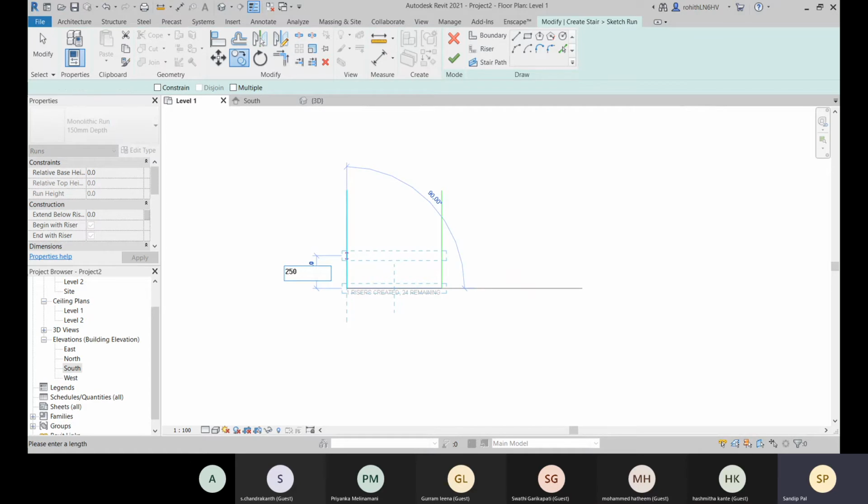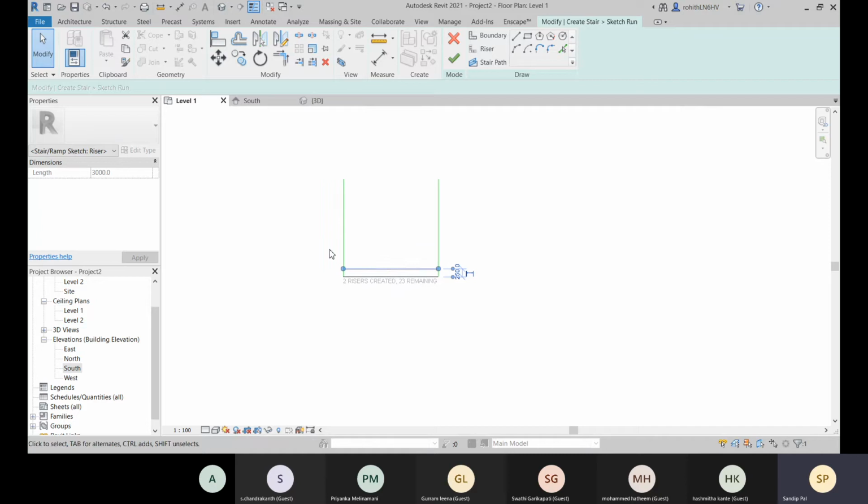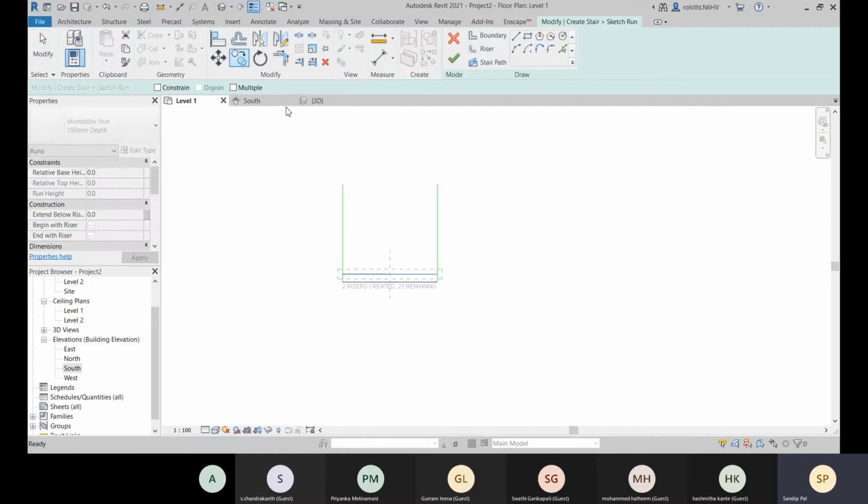This way we will keep copying it. So go with this copy and make sure this multiple option is checked, and then specify the space, 250 again. Okay, enter.